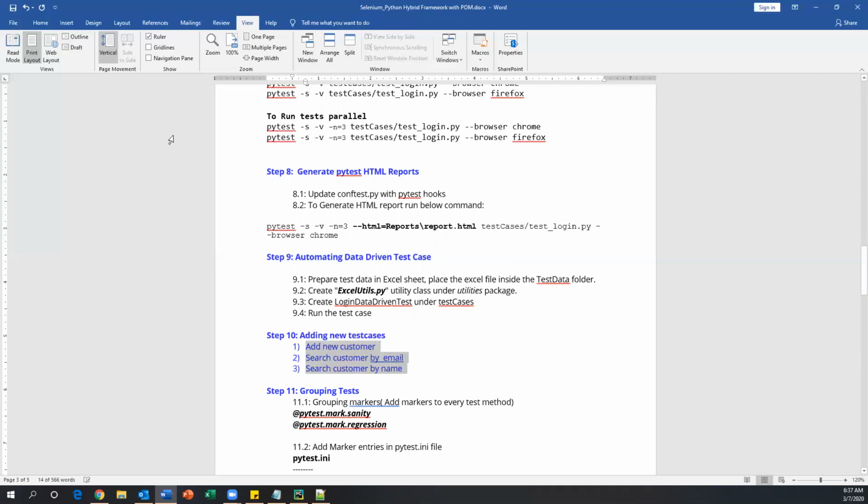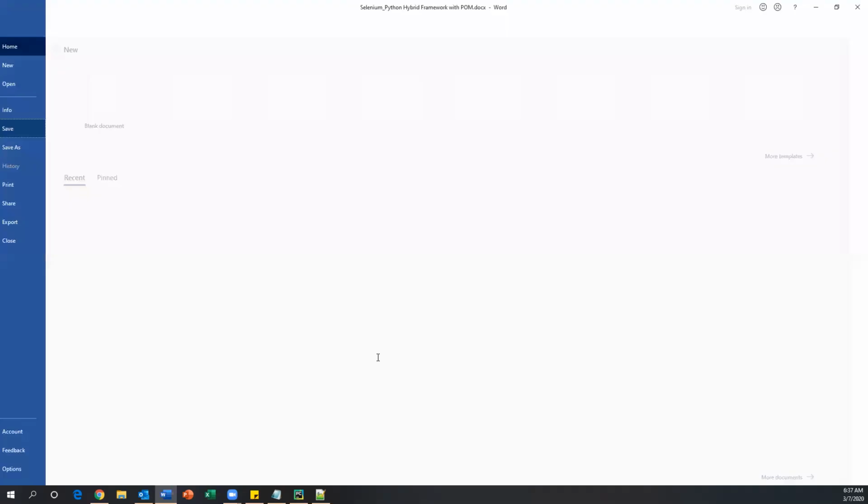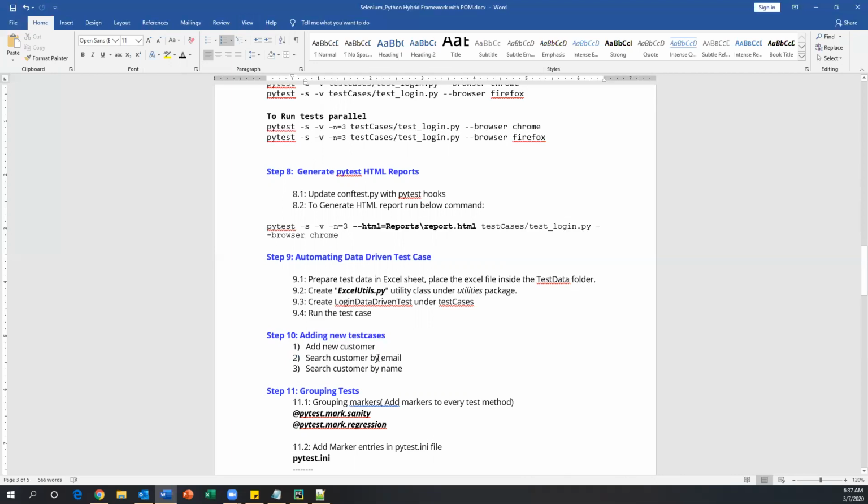Let me show you. So if your framework is already there in your company, then your job will start here. So they will assign some test cases to you and ask you to automate the new test cases on existing framework. All right, so what you have to do is, as soon as you got some test cases for automation, before itself, we need to understand what framework they already created. So that's very, very important, because you need to know where exactly you need to create test case files, utility files, and what are the reusable components they have created. All these things you need to understand before automating the new test cases.